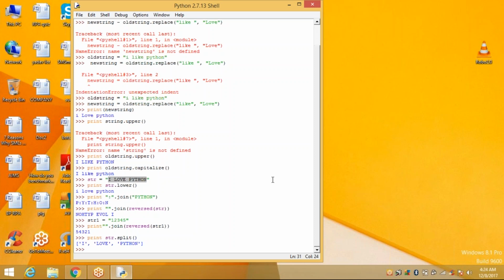Next, suppose I have a str and I have str1 for different types of strings. Already we have defined them here. So now I want to display